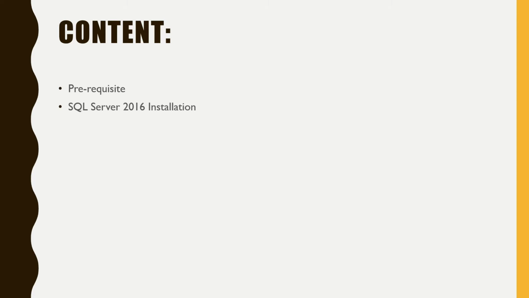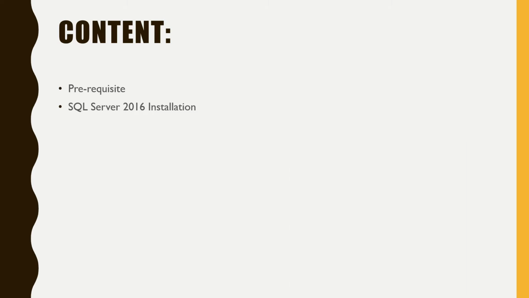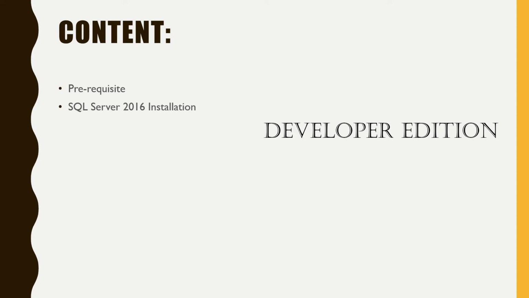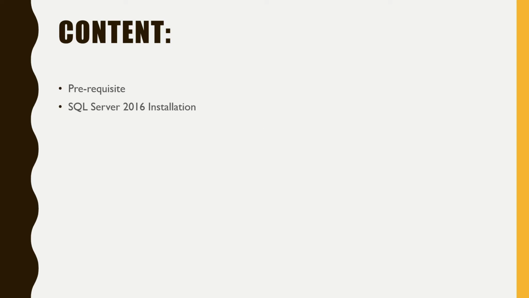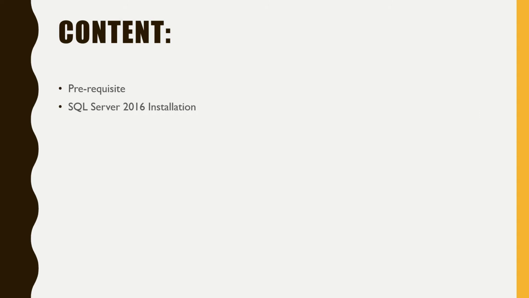We already have seen that SQL Server Enterprise, Developer and Evaluation Editions have the same features; the only difference is their usability. Enterprise Edition is a licensed copy of SQL Server which is used in production systems. Developer Edition is a free edition which is used only for development purposes. Evaluation Edition is also a free edition with a 6 months trial period. After 6 months from the day of installation, it will automatically stop working.